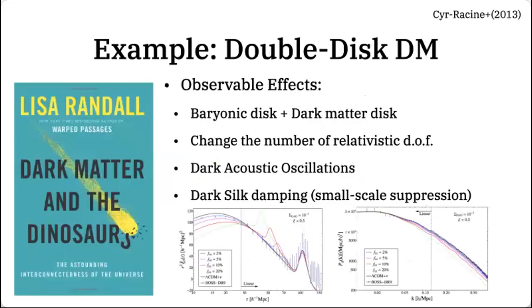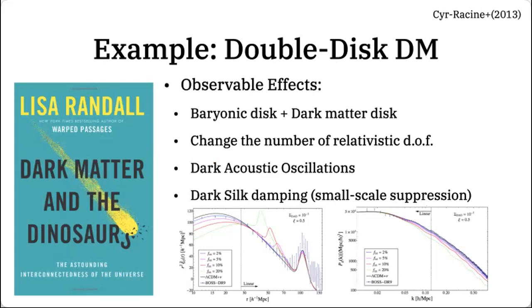In fact, Lisa Randall had this theory of atomic dark matter. What she did was try to cool this dark component to form a secondary disk structure on top of our usual galactic disk, to explain the periodicity of the strong gravity, which may have participated in the extinction of the dinosaurs, as she wrote in her textbook. Although, her model was primarily excluded by the fact that we didn't see this acoustic oscillation in the dark matter power spectrum. That was the unavoidable consequence of that parameter space.